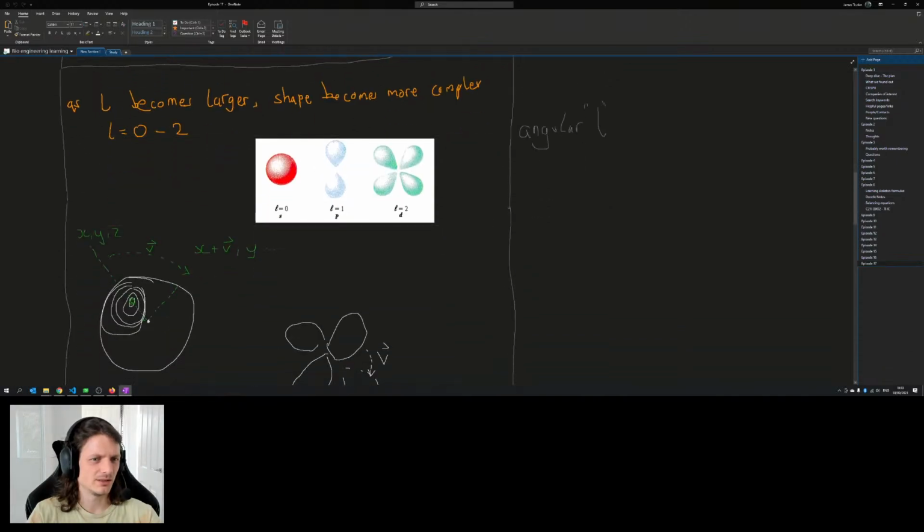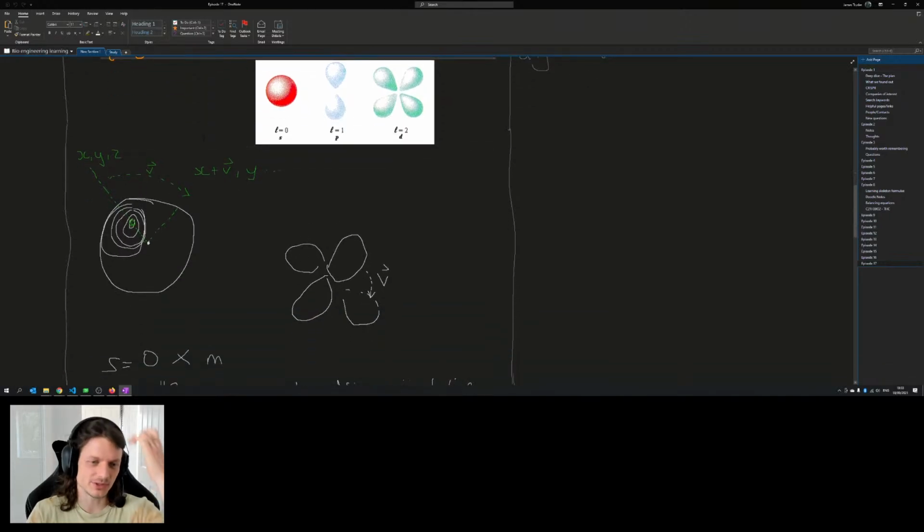As L becomes larger, shape becomes more complex. That was some kind of definition of a shell. So an electron shell is, if you have the protons and neutrons in the middle, then the shell is that kind of energy or route that the electrons take.